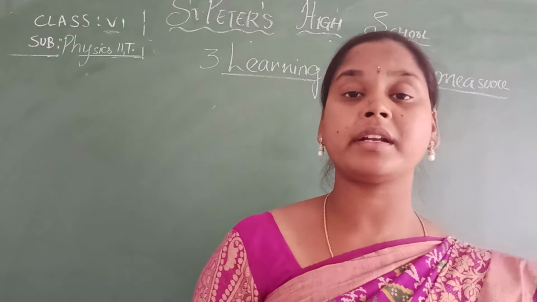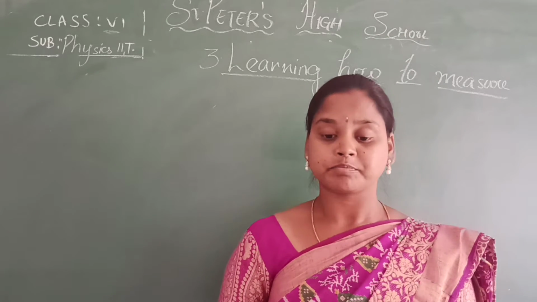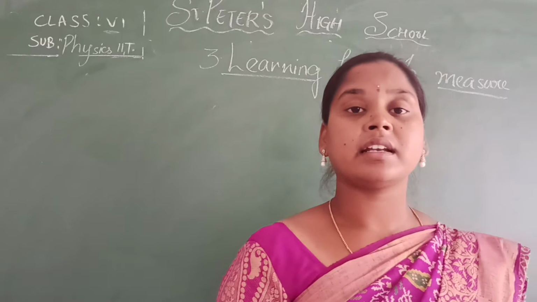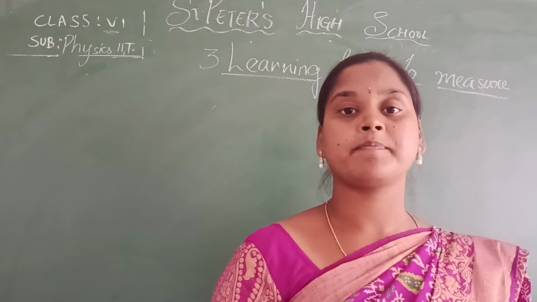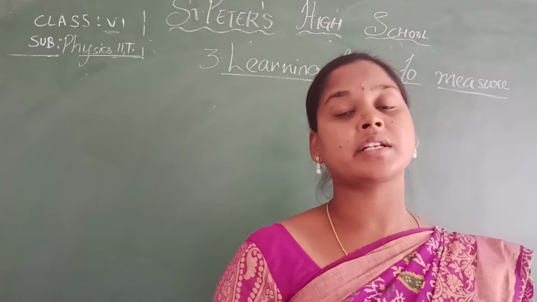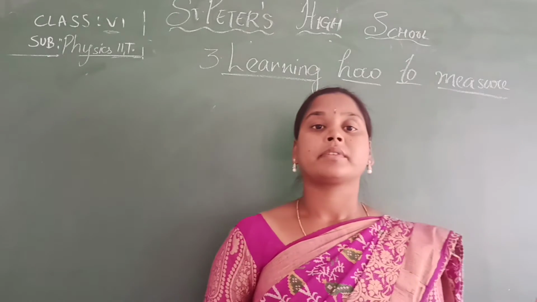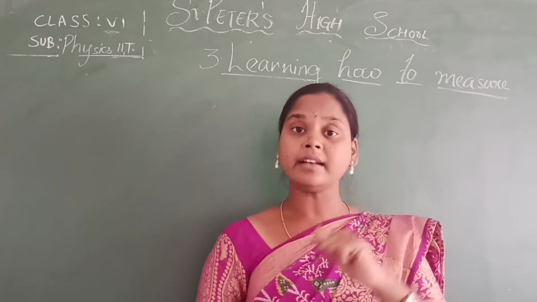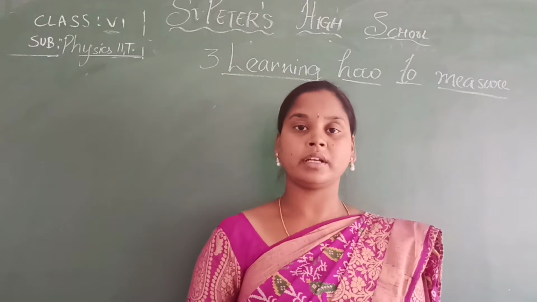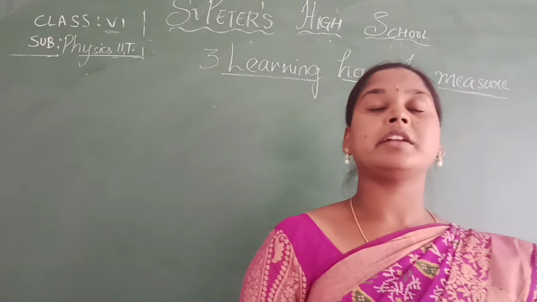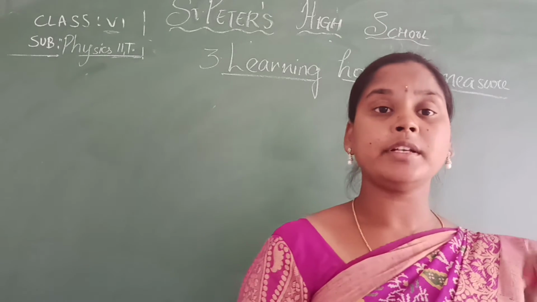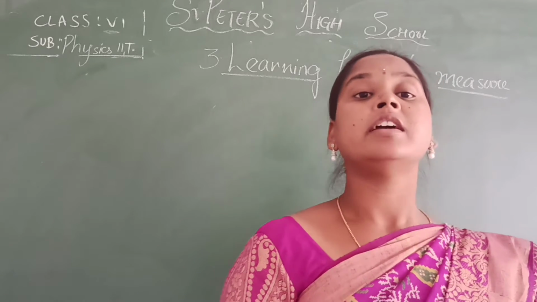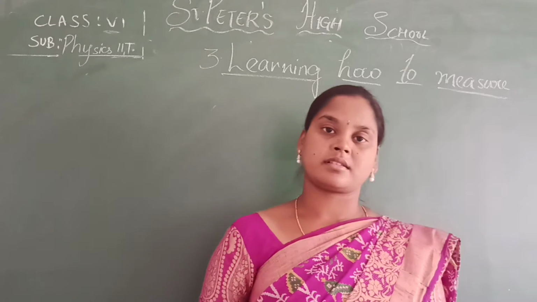I have spoken about fundamental quantity and derived quantity. A fundamental quantity does not depend on any other quantities directly, like length equals 2 centimeters, breadth equals 3 centimeters. These are called fundamental units. Whereas for derived units, area equals length into breadth, so we need length as well as breadth. This is how fundamental and derived quantities are obtained, and units say how a physical quantity is measured using standard quantities.